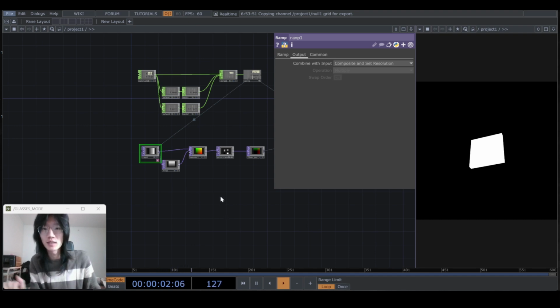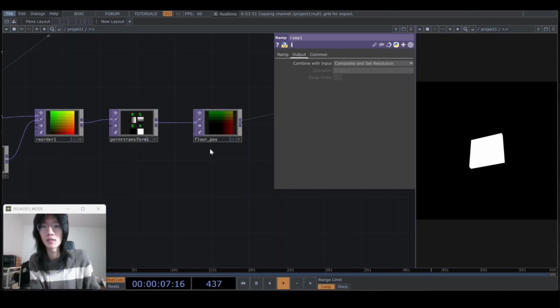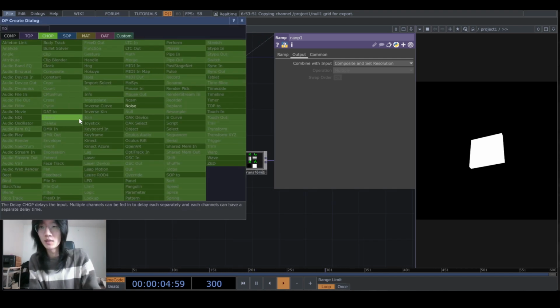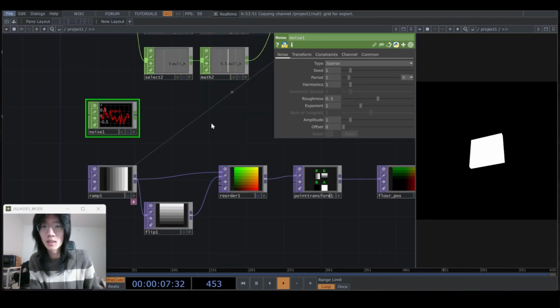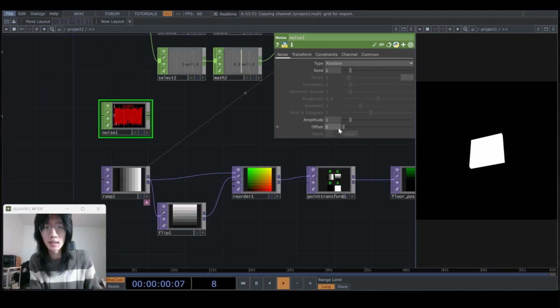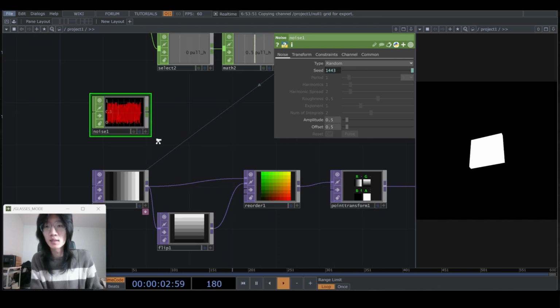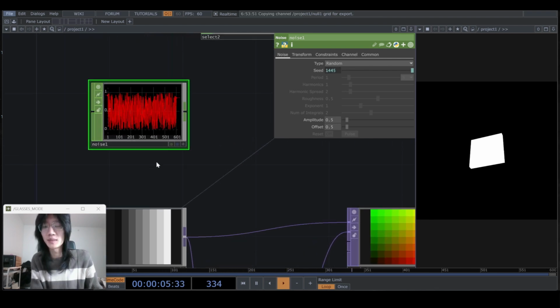Okay, so now that we have our grid, we can now create our magnet. And our magnet is simply just by sampling a random square in our floor position. So what we're going to need is a noise top, and I'm going to change this to random. I'm going to change the amplitude to be 0.5 and my offset to be 0.5. And then in my seed, I'm going to type in math.floor(absTime.seconds). And so what that does is every single second, it gives me a random value. Now this is way too many values. So we only need